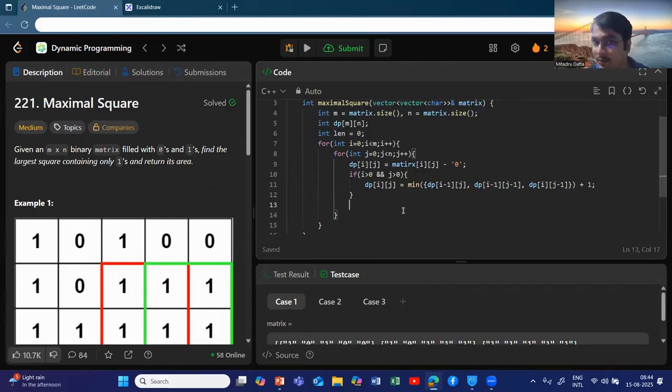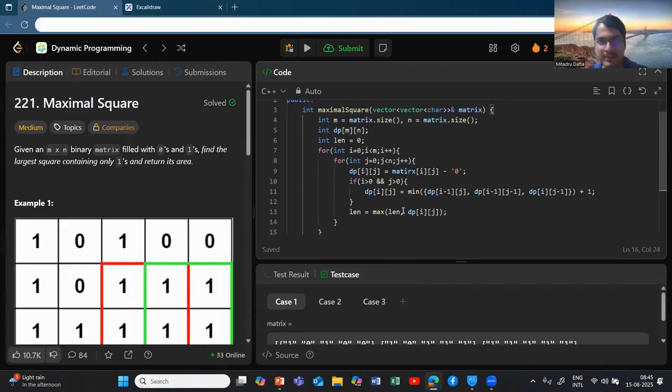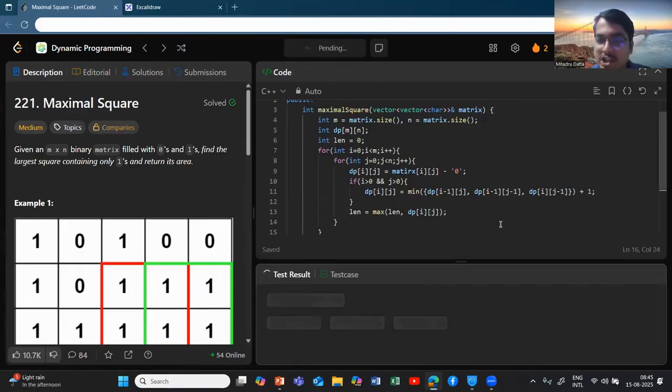And now after you have modified your DP, you just update your length value. You just need to find which is your maximum length, right? I hope that is clear to you. And at the end, all you do is return the area of the square, which is nothing but length into length. I hope that also is really clear. So if you try to run it and check,